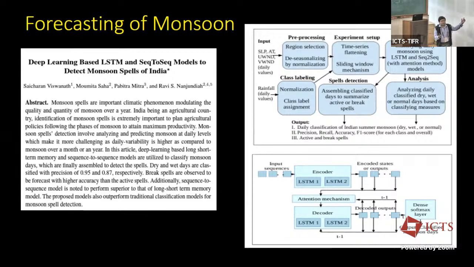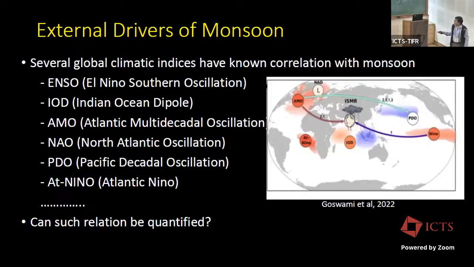If this is what the different predictor variables for the past 3 days or past 5 days look like, then the next day is going to be an active spell day or a break spell day or something else. So this is something like a sequential prediction problem. And then, apart from forecasting, there are also some other kinds of work which can be done.